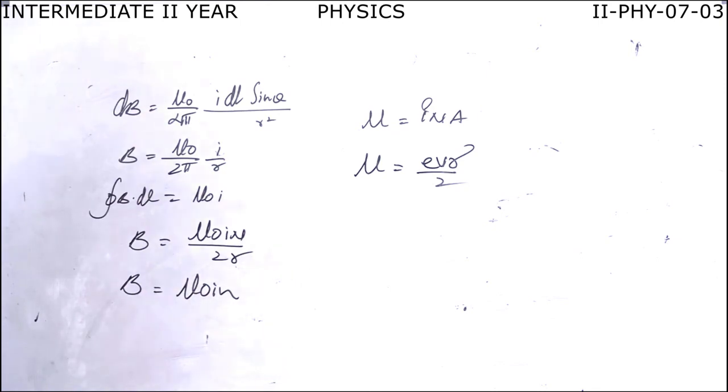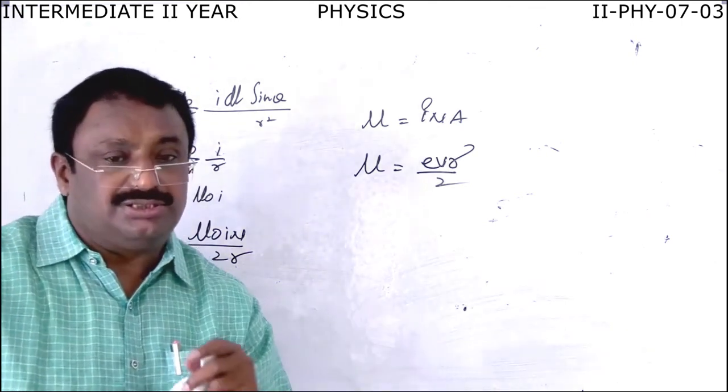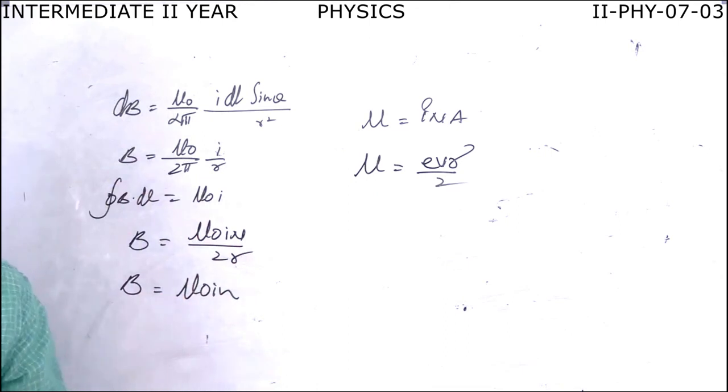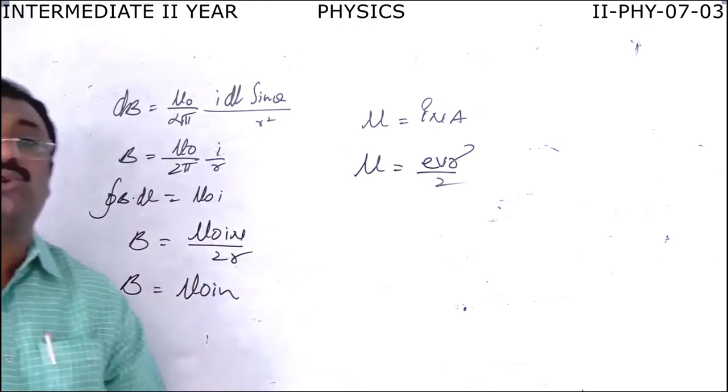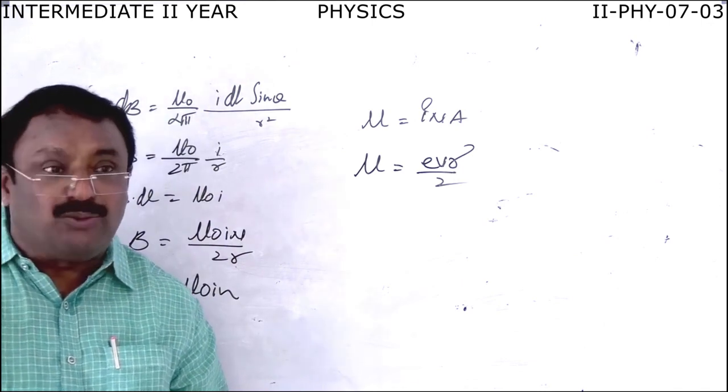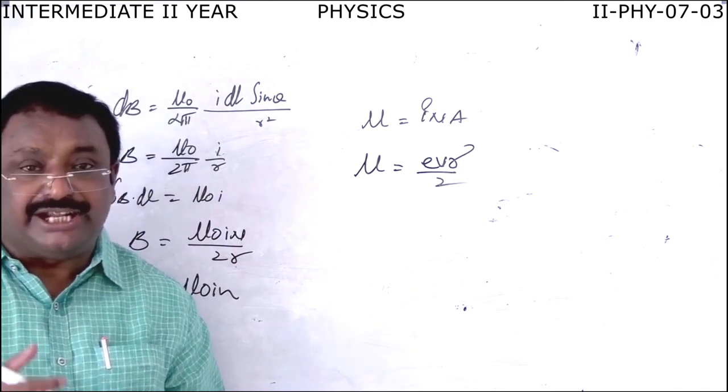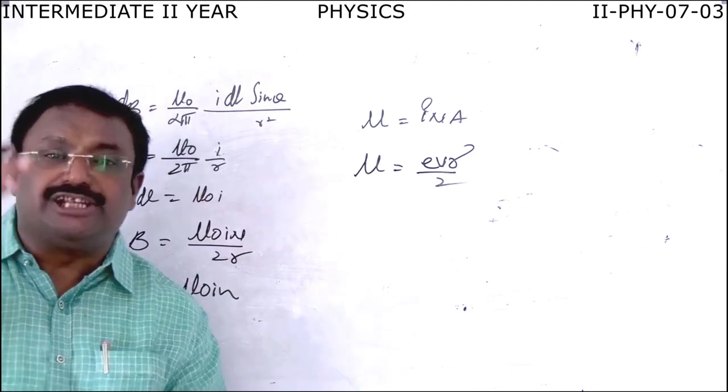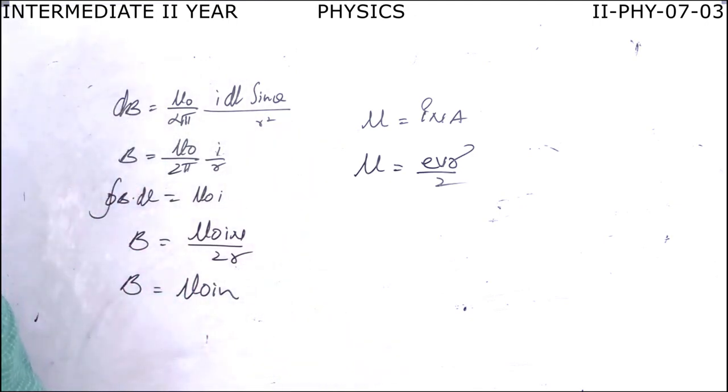In the next class, if we keep a moving charge in this magnetic field, it experiences a force. So we are going to study the force on a moving charge in the magnetic field. Based on that formula, there is a famous device, the cyclotron, which we are also going to study. A cyclotron is a device used to accelerate charged particles to increase their energy to a very high level. We will also study the force on a current carrying conductor, the torque on a current carrying coil, and the galvanometer.